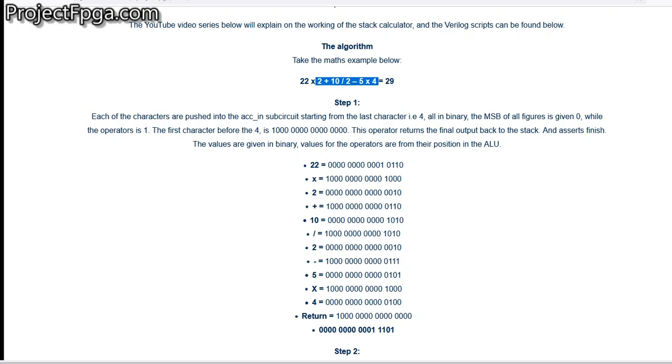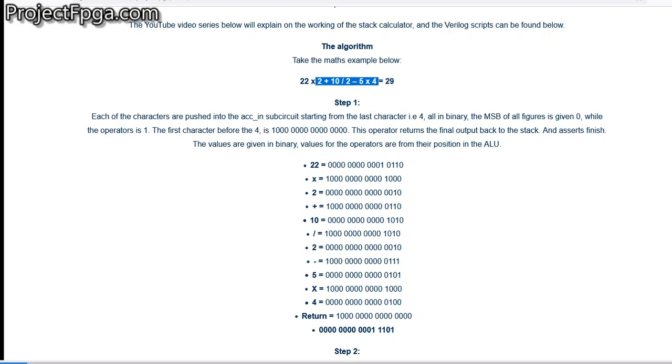So the first step is to push them into your ACC in. In the last tutorial, you saw how I actually did this. I was able to push all of them: 22, multiplication, 2, addition, 10, division, 2, subtraction, 5, multiplication and 4. That is, first of all, where to store them, and you have to do them using the